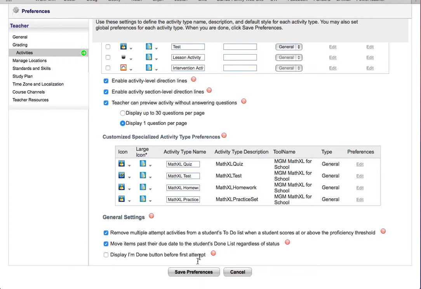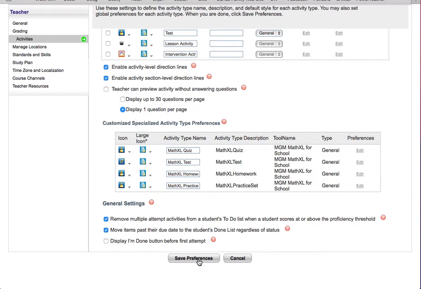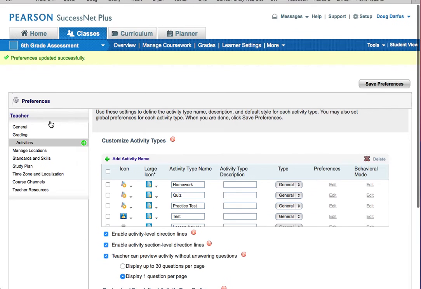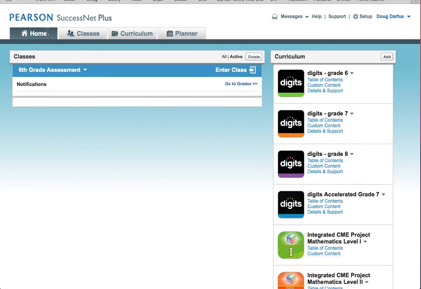Now after you're done with that, you want to save preferences, and then at the top it should say Preferences updated successfully. Now there's another way to do it as well. If I were to assign something